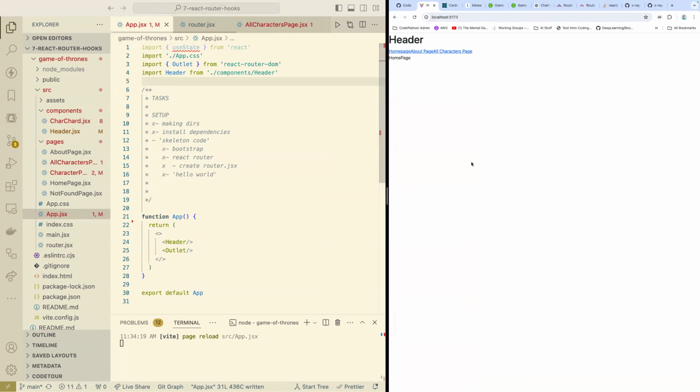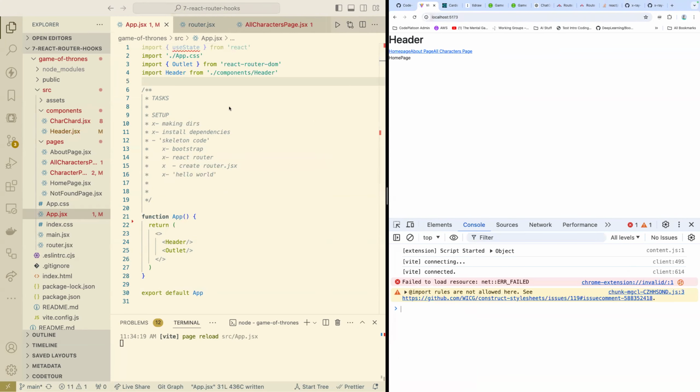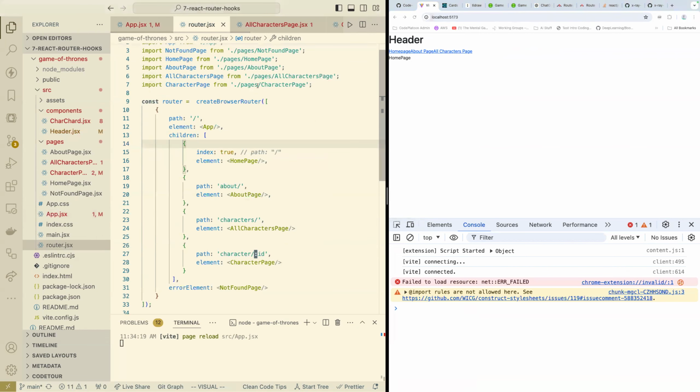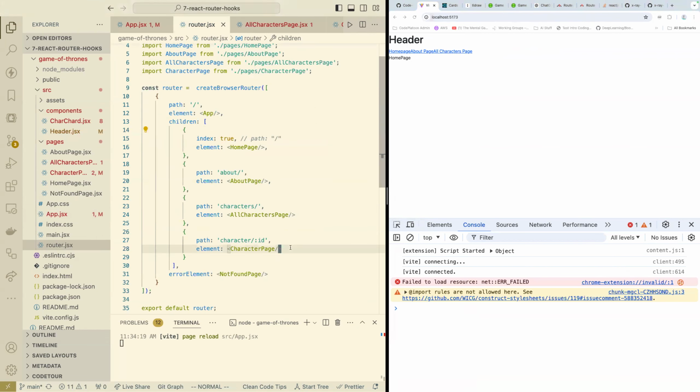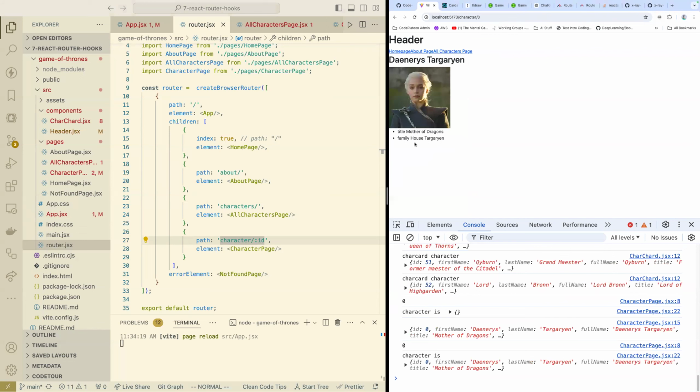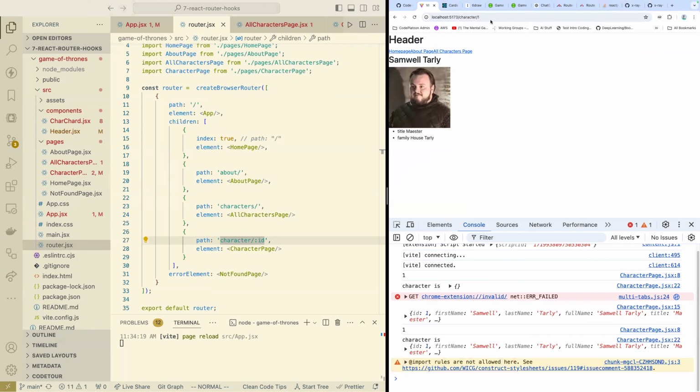And just to recap, we did an awful lot of good work. We have the home page, the about page, things that we're familiar with in Router. We learned about dynamic routing, where I can set a parameter in my path or URL with the colon, and then this is basically a variable name. So now if I go to characters and I hit view details, this URL, character 0, loads Daenerys or Samwell